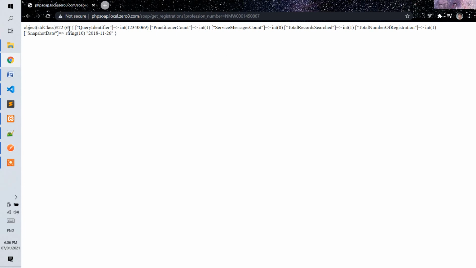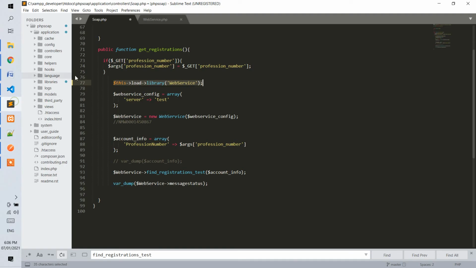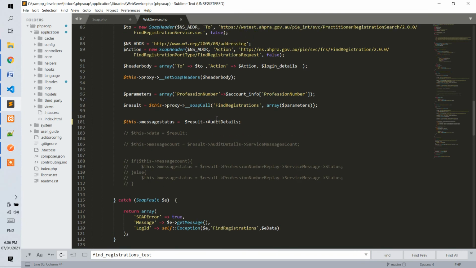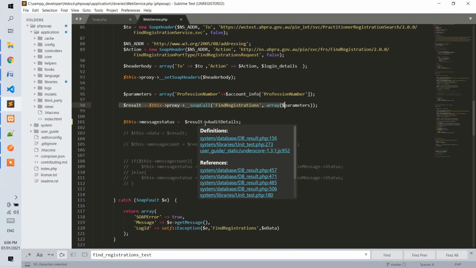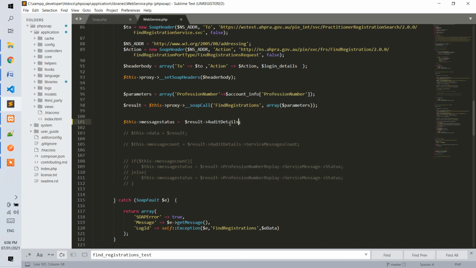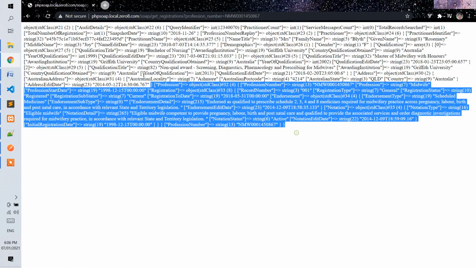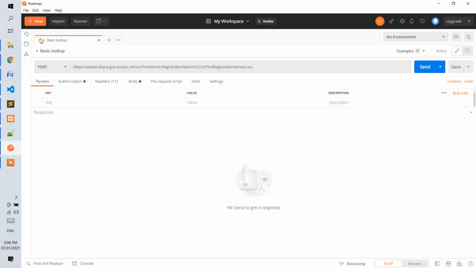As you can see, it returns a standard class like this because the web service I've created, which is test, is returning the result and the array of object audit details. If I remove it and just return the result, what will be returned is the full return in an object class. As you can see in our Postman,